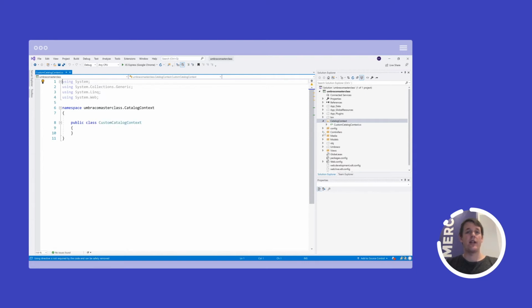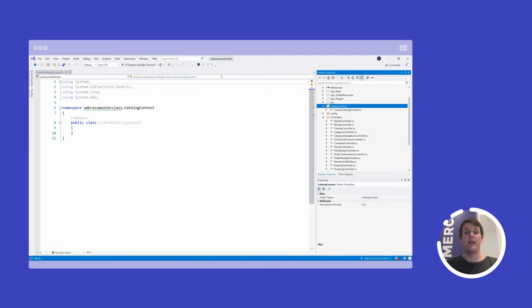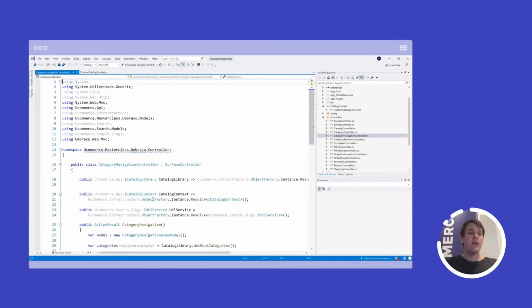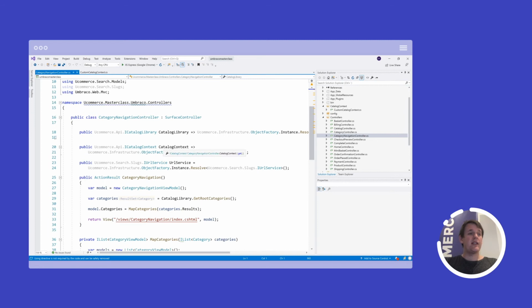All right, so catalog context is a concept that we also used in the category navigation controller. Here we actually inject it in by using ObjectFactory to grab it. So wherever we use that, we will grab the actual type that has been configured in the IOC container. That part we'll get at in a few minutes. But here we can actually see that's what we're using: the UCommerce API ICatalogContext.